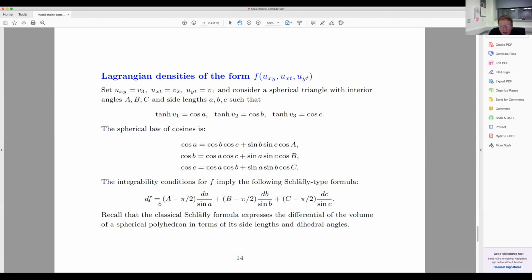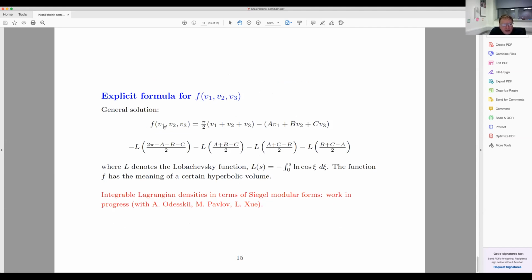What is the formula? This thing needs to be integrated, and it's not so straightforward, although this is a closed form. I think it took us about a month, or maybe even more, to find a primitive for this closed form. The right-hand side is a closed form. So I'll show you the answer. This function f is given explicitly by this formula. It's the sum of these, minus these, minus these.